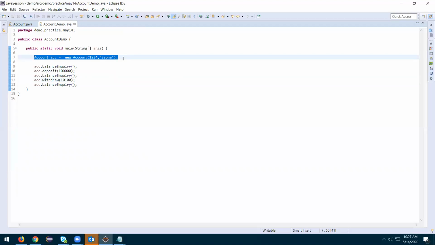Agree? What I want is to create an account object without any information to provide, no account number, holder name, or balance. Later, I want to check how line number 7 is doing.